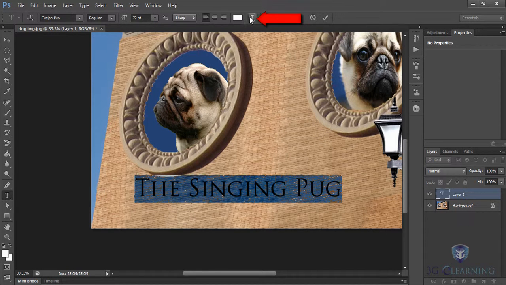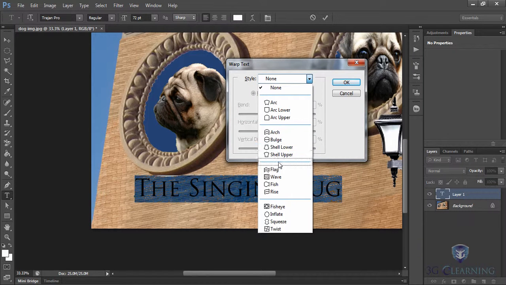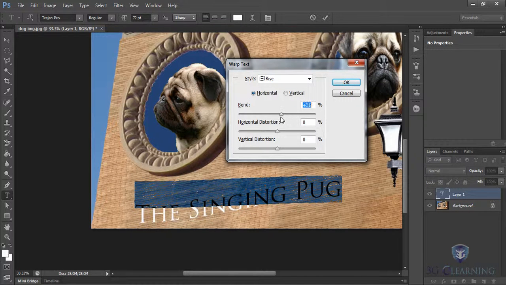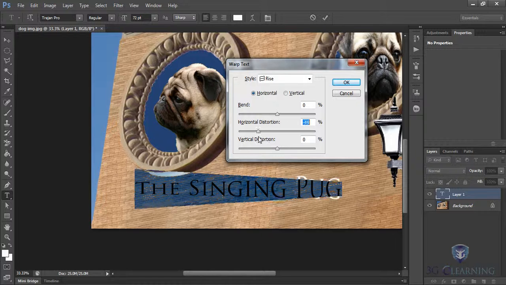And I am actually going to use a warp effect to make it look like it's got perspective. You can actually choose any one of the warp effects. But I will try Rise, and with Rise, I really don't want to bend at all, so I will set that to 0. Every effect will do this. You could simply add horizontal distortion or vertical distortion to get the text to go a little bit with the